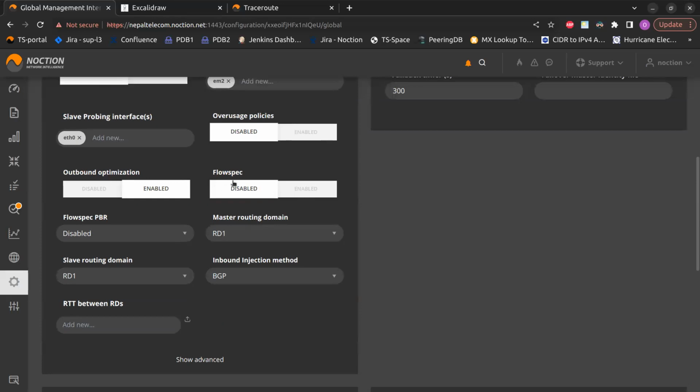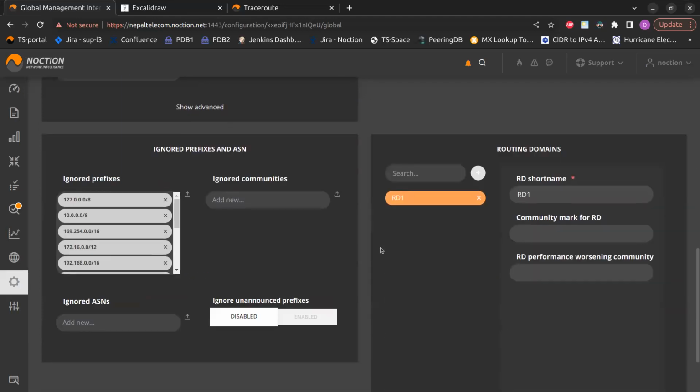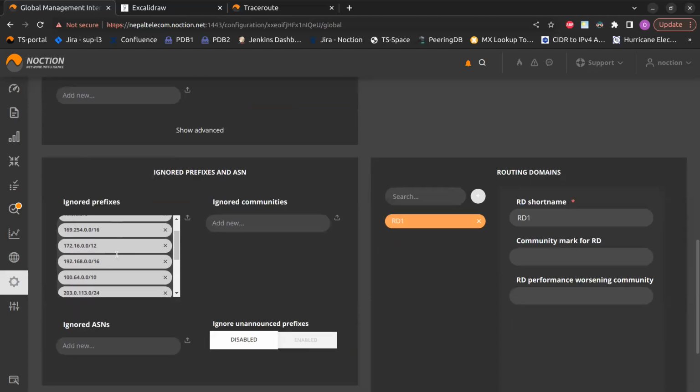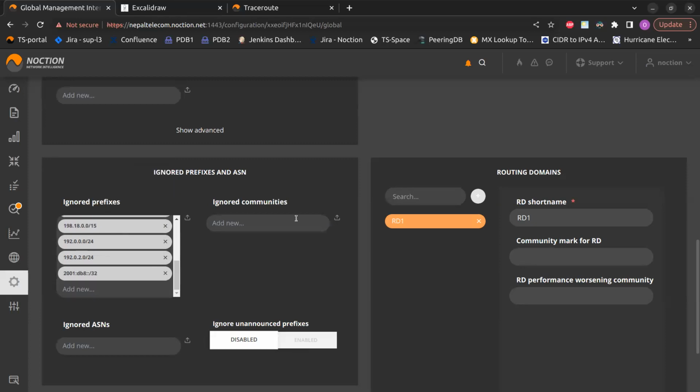Okay, what else? Flow spec. So as I mentioned before, you can inject with flow spec rules. So either enable, disable, or flow spec capabilities. Ignored prefixes and ASNs, pretty handy section. Sometimes you would like some destinations to not be improved at all. In this case, you can just add a prefix here, or